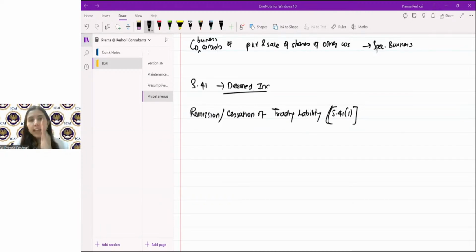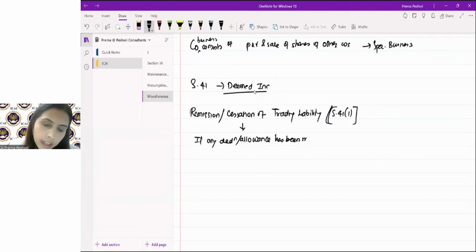So if any allowance or deduction has been made, right? What is the condition for this? If any deduction or allowance has been made in any assessment year in respect of any loss or expense or trading liability,